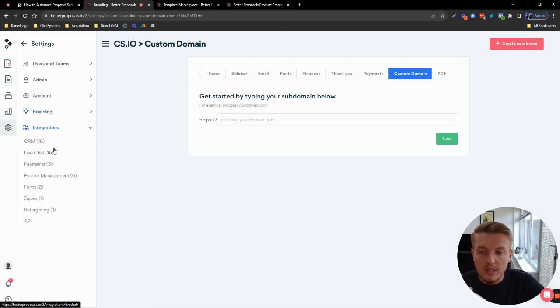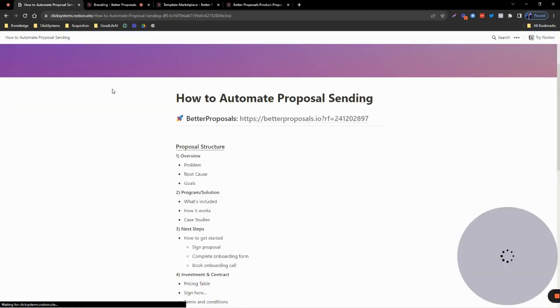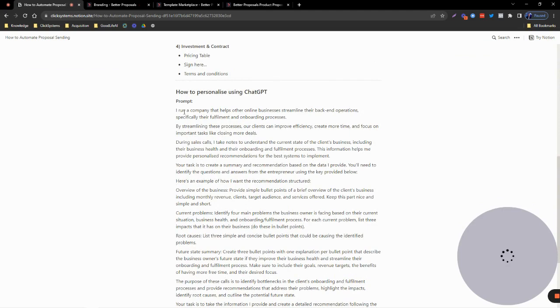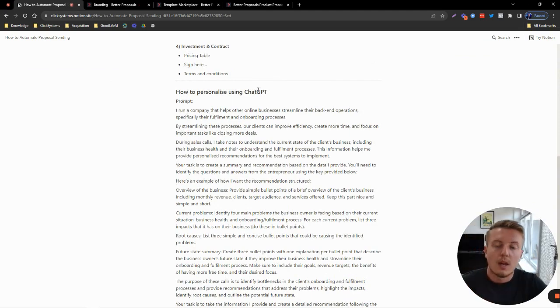The other thing you want to do is integrations. There's actually a bunch you can integrate with. I've connected mine to my CRM on Close. But you can also connect to Zapier, and you can also connect to Stripe, which is the one I recommend, so that you can have the payment options in place. Okay. So if I go back now to the last point, which is how to actually personalize your